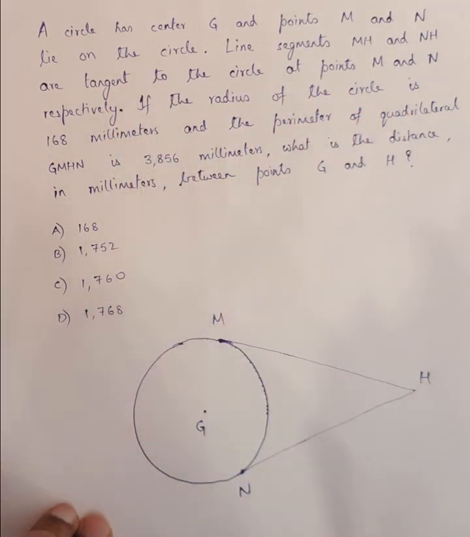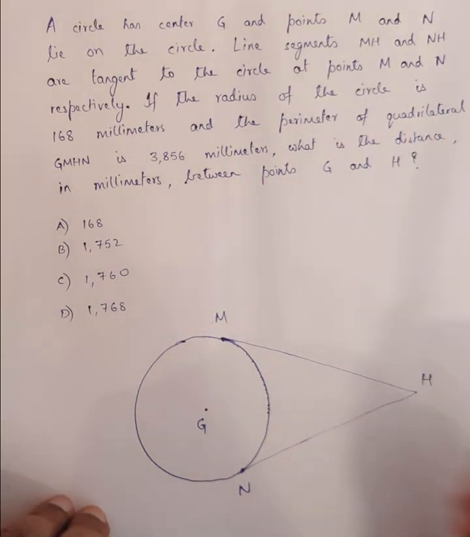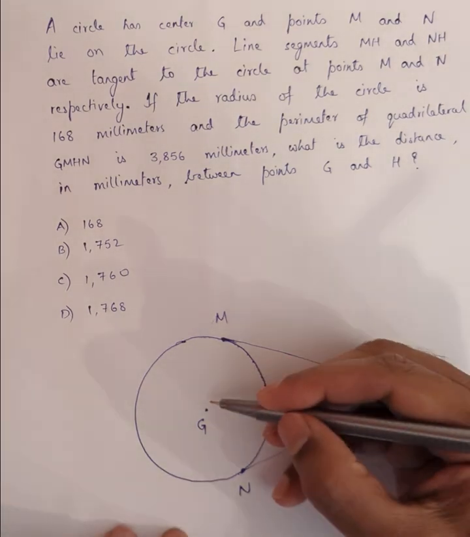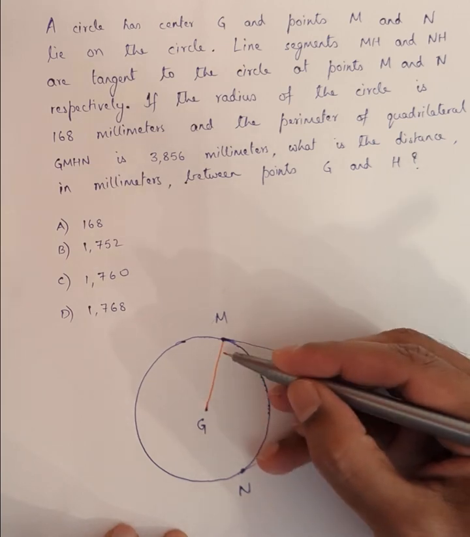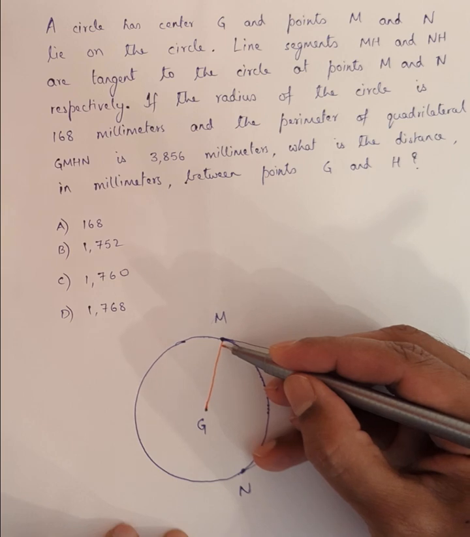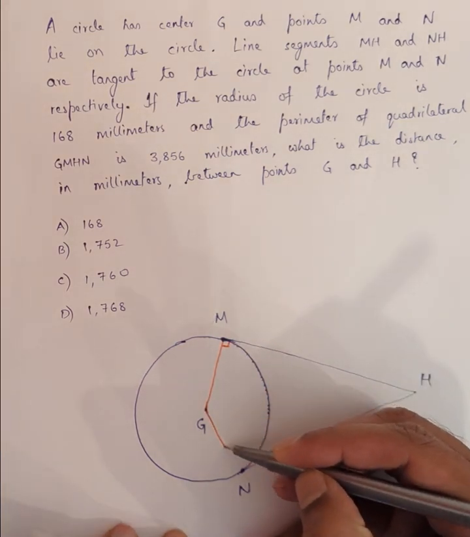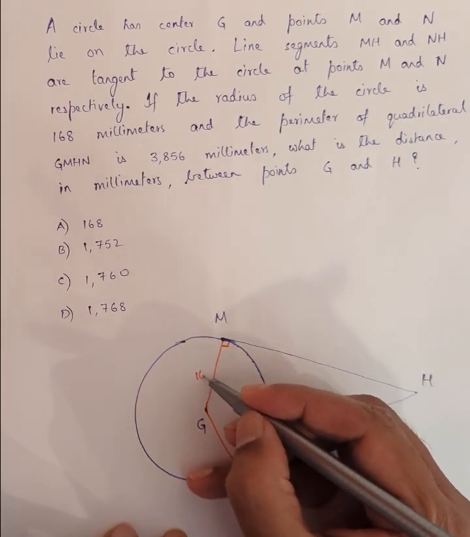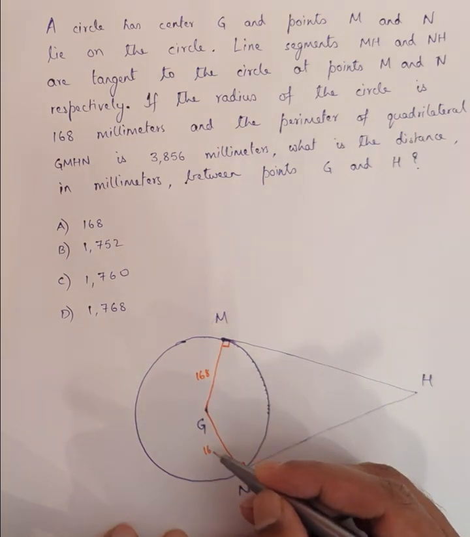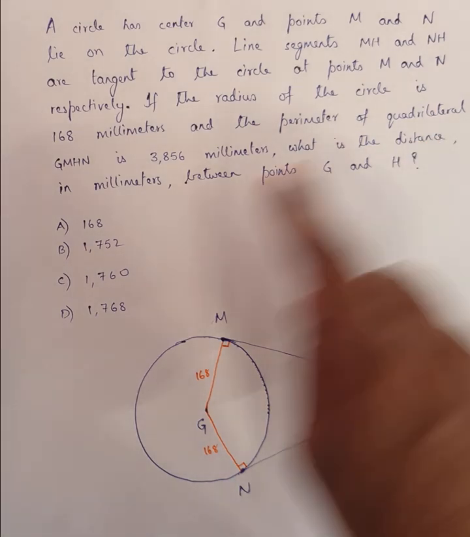If the radius of the circle is 168 millimeters and the perimeter of a quadrilateral... So anytime you're given a tangent, you know that it should be perpendicular to the radius. So if you were to join the radius and the tangent, they meet at right angles. So let's go ahead and do that. That's a right angle, that's a right angle. This is 168 millimeters and this is also 168. And the perimeter of the quadrilateral